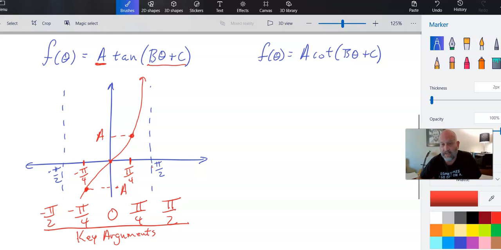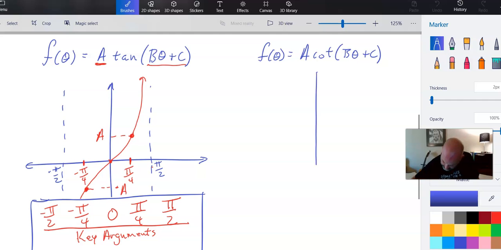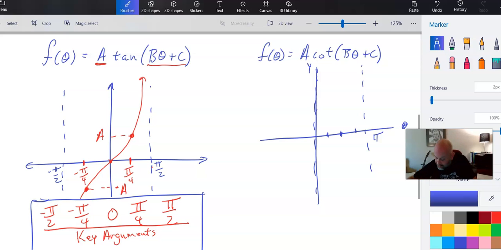Okay, so over here with cotangent, let's go ahead and draw the graph again, just like we did last time, because we're going to have key points here too that we're going to care about. The two asymptotes for cotangent were the y-axis, or I guess it'd be theta in this case, and at pi, right? And so we still had a middle point here, and we actually have these 2 points here. And if you remember the graph,